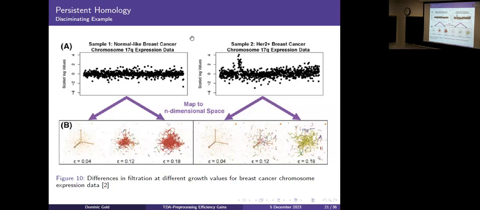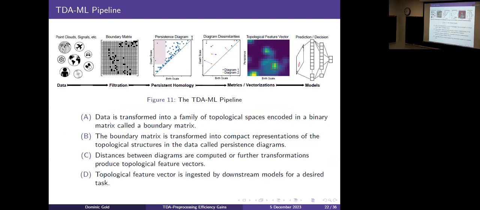TDA has seen major success in the biomedical data sphere, and that data in general is often very, very sensitive. So it would make sense why I want to realize this intersection, right? So this procedure where you extract topological information from a point cloud, turn it into a persistence diagram that has the topological complexity, turn it into a vector, and feed that vector into any model of your choice, is known as the TDA-ML pipeline.